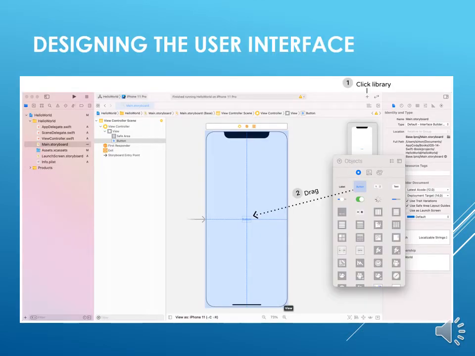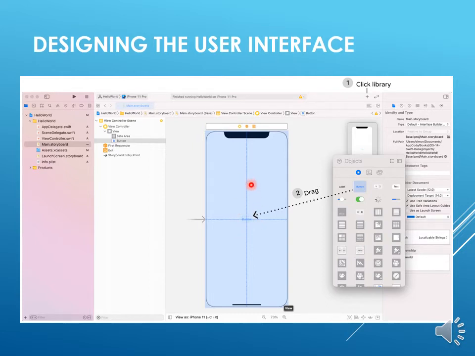So we will start designing our user interface in Xcode. For this I will take a button from this library, and on clicking this plus button, different labels, buttons, etc., and texts will be shown. So I will select a button, click on it, and drag and drop it over here. It will be placed in the middle of our storyboard. This storyboard is a type of dummy simulator on which we will do all the designing. It will show how our design will look on our actual devices. So it will be placed over here.